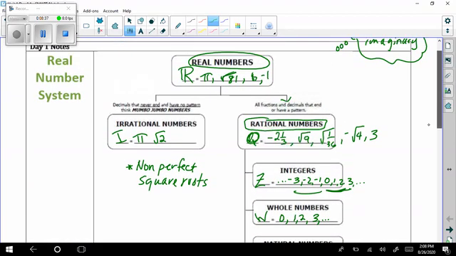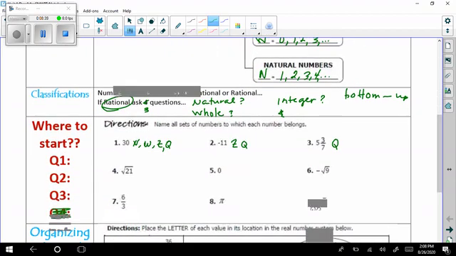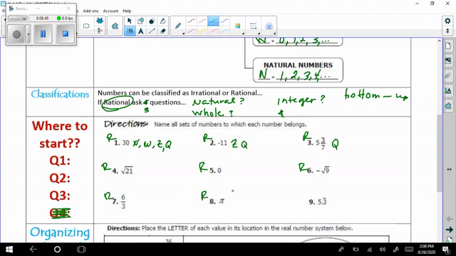Now all of these are going to be real. So if you want to put an R on all of them, absolutely. So they're real. What's a real number? None of these have an i on them. Now, go with the next one over here, the square root of 21. Well, we know the square root of 16 is 4, and 5 squared would be 25. So it's in between 4 squared and 5 squared, or 16 and 25. So it's a non-perfect square. So this one's going to be irrational.